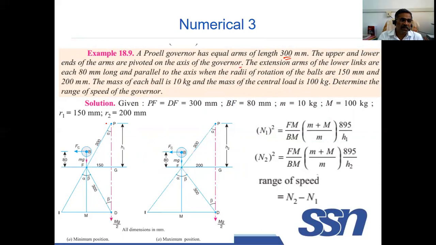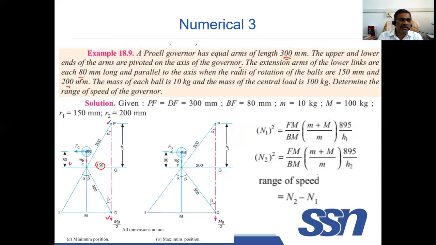The extension of the lower link is 80 millimeters, that is BF equal to 80 millimeters, parallel to the axis. When the radius of rotation of the ball is 150 millimeters,